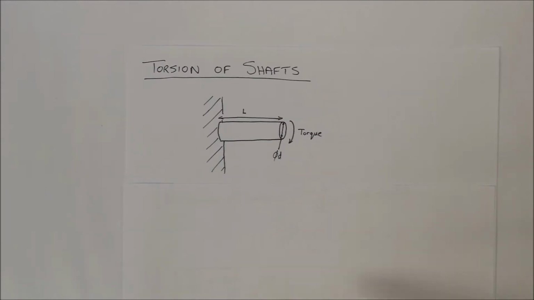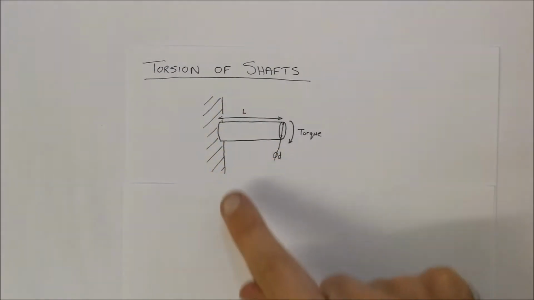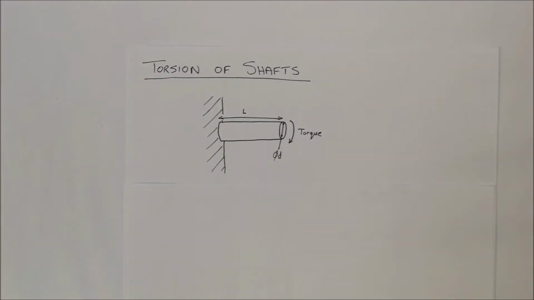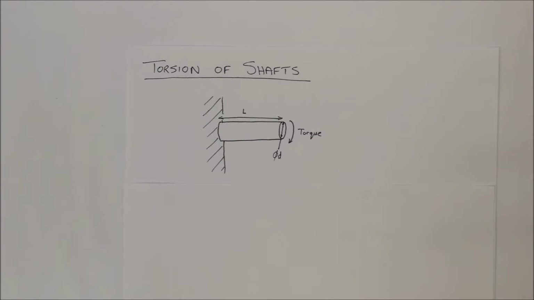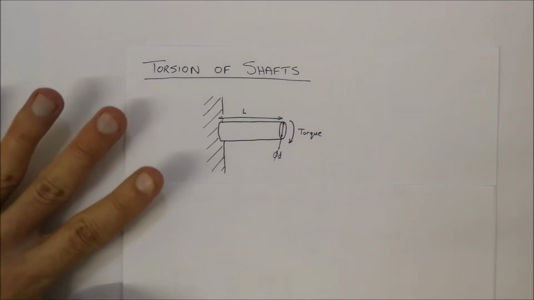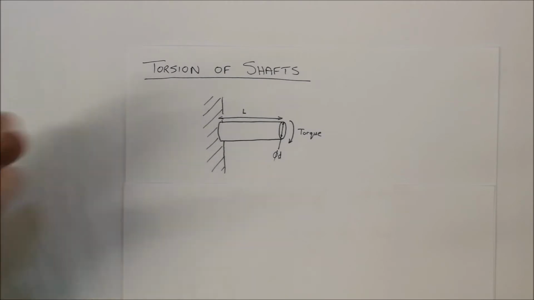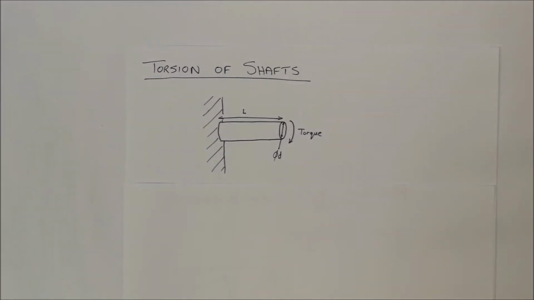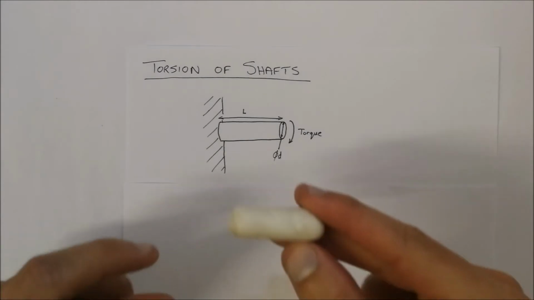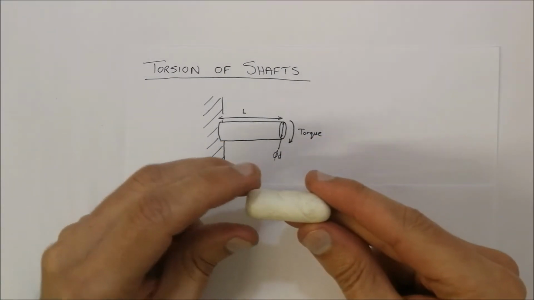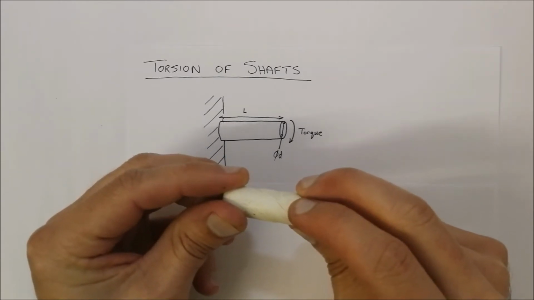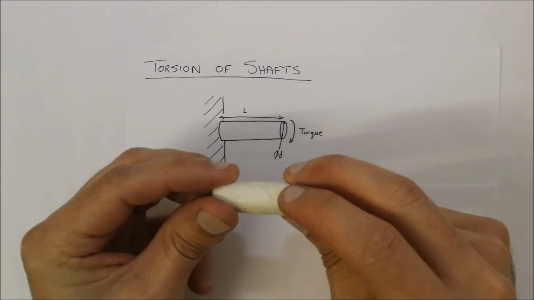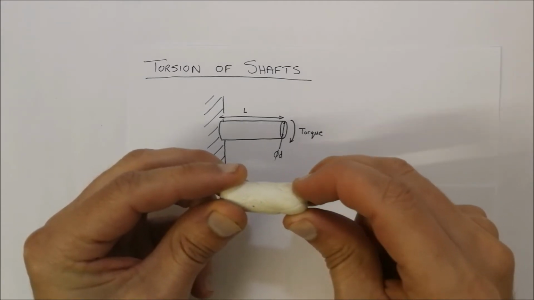Okay, so we've got this type of scenario over here where we've got some wall that's securing some shaft. There's some torque acting on it. The shaft is a certain length and the shaft is a certain diameter. In this specific example, I'm using a wall to make it rigid so it can't move at that end. If I demonstrate it with this piece of brace stick again, I'm securing it over here, and I'm trying to apply some rotational torque on it,